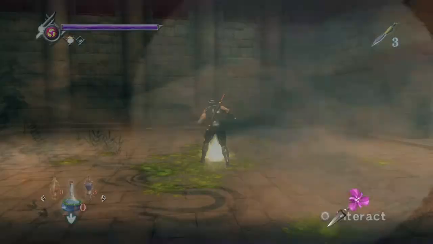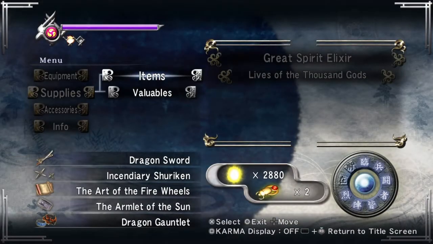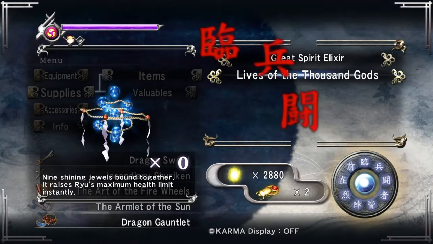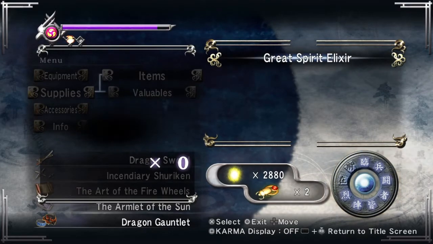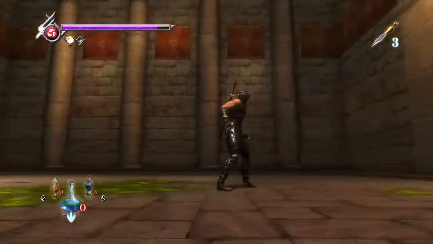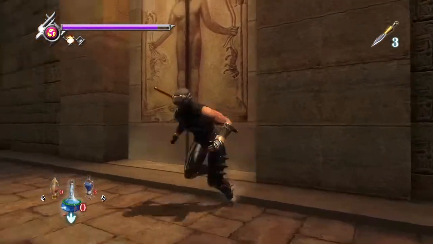Okay, so what's he dropped? We got Lives of 1,000 Gods, nice. Our health's taken a real nice boost over, well, this chapter anyway. Which again makes me wary over those sort of vague warnings I've received. Doesn't look like there's anything else in here, so let's...